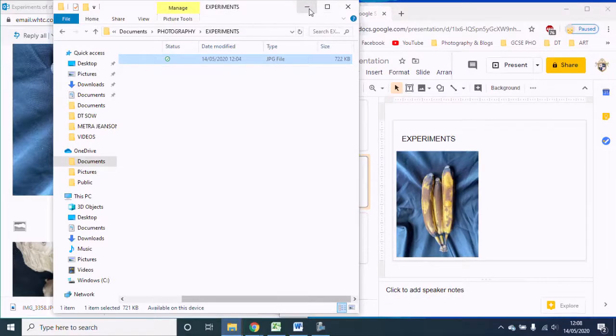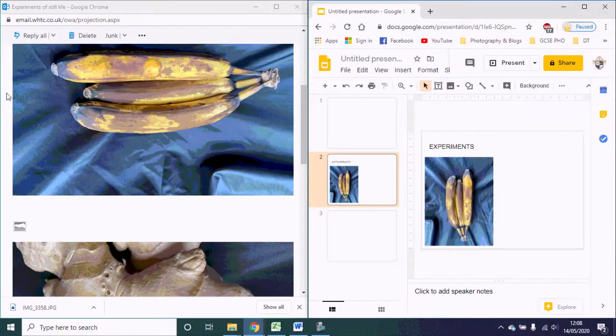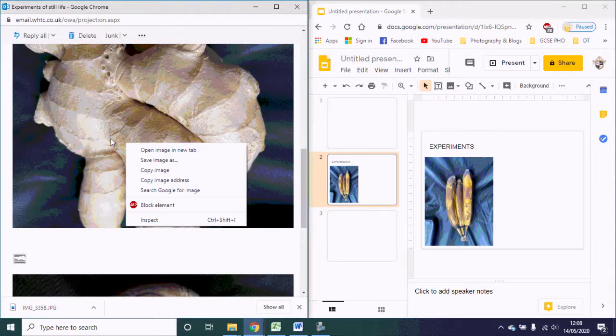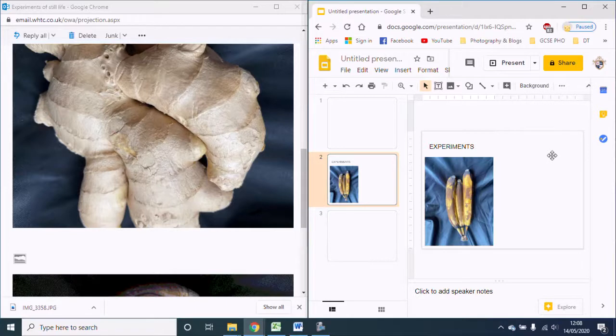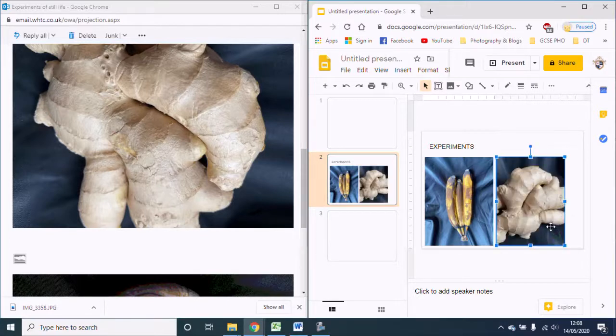The other way that I said you can also do is just simply copy and paste. So let's say I just right click on that image from my email and then copy image, and then right click on the slide and you just click on paste, and that should put the image onto there as well, like so. What Google Slides tends to do is it might resize the image for it to fit on the page. So that's also really useful to have, because it just makes things a little bit more straightforward. That's what they occasionally do. So overall, that's how you would transfer your images onto your